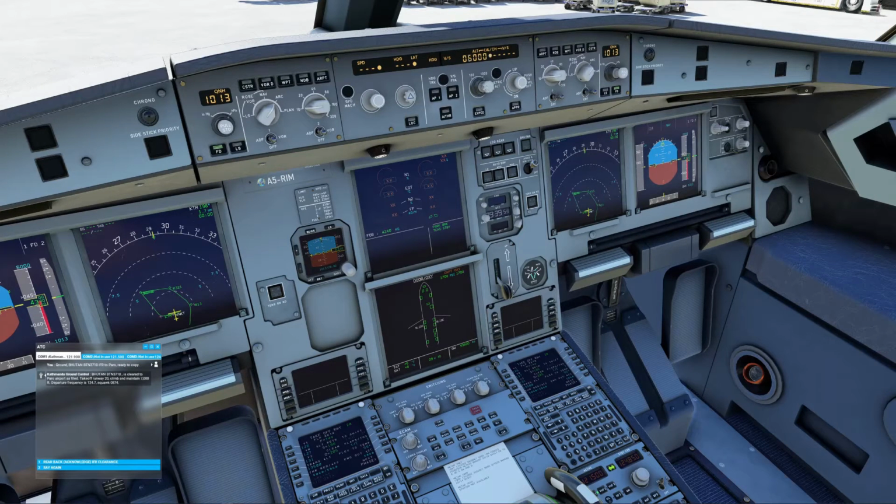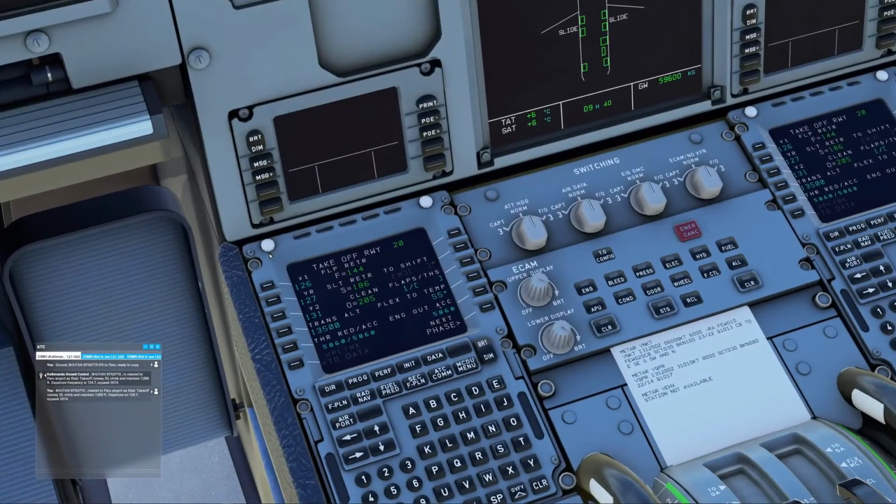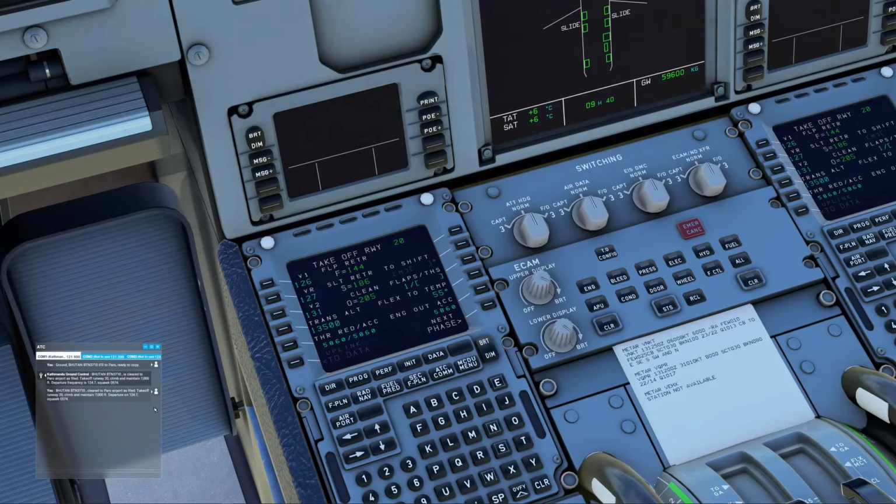Alright, so I'm actually going to cancel that IFR. Just take the instructions. Bhutan Bravo Tango November 3710 cleared to Paro Airport as filed. Takeoff runway 20, climb and maintain 7,000 feet. Departure on 124.7, squawk 0574.